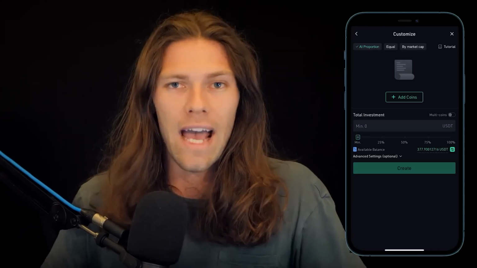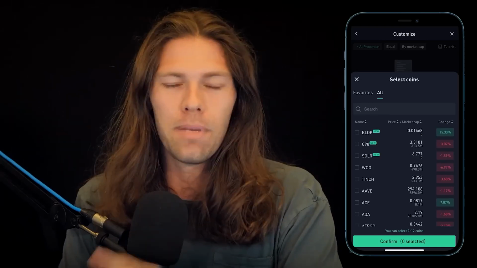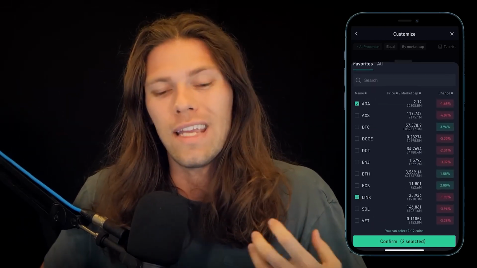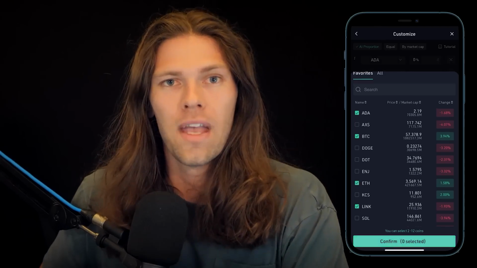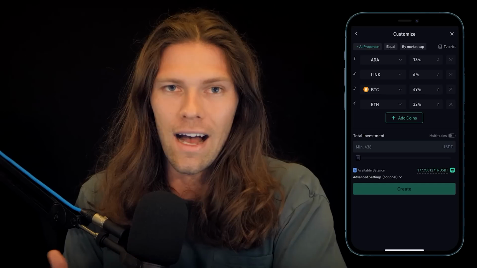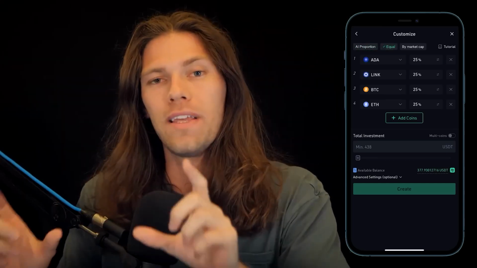Here you can click to add coins and select which one you want in your portfolio. We're just going to pick ADA, Bitcoin, Link, and Ethereum. Now you can choose the percentage of your portfolio each crypto will take up. And you'll see that it defaults to percentages determined by some AI programming. But at the top, you can also click equal weight if you want them all to be the exact same